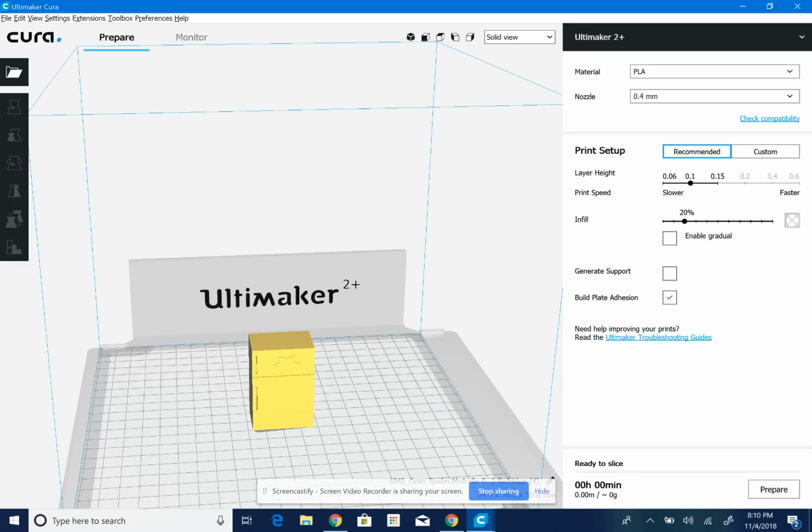This particular object does not need any additional support. It's a pretty solid object and it doesn't have any overhangs. An overhang would be the equivalent of a tree branch overhanging from your object, or an arm on a figure, something like that. Or if you did a dog and you had a long tail hovering in the air, not sitting on the ground, that would be considered an overhang, and that would need support generated below it, so